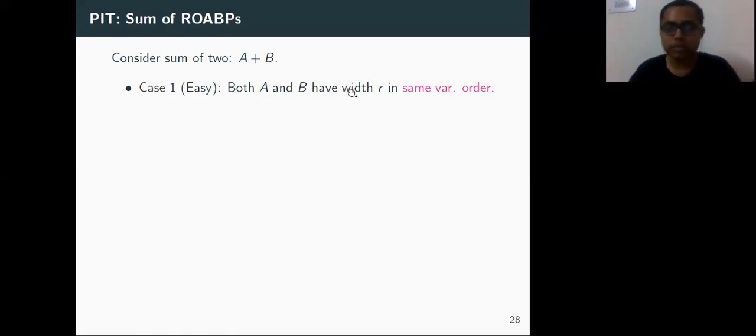So I was talking about this sum of two ROPs model. The easier case is that both A and B have width R in the same variable order. So you are given two ROPs, and they have width R. Suppose the variable order of A was also the same as the variable order of B. Then you can simply put these ROPs A and B in parallel and construct a single ROP